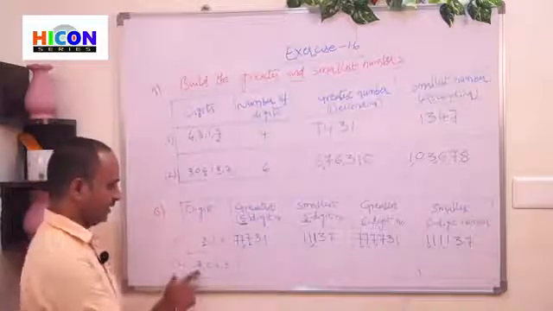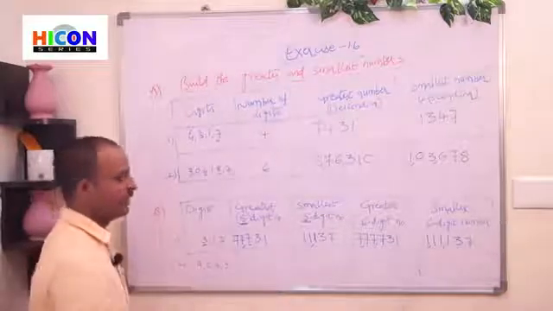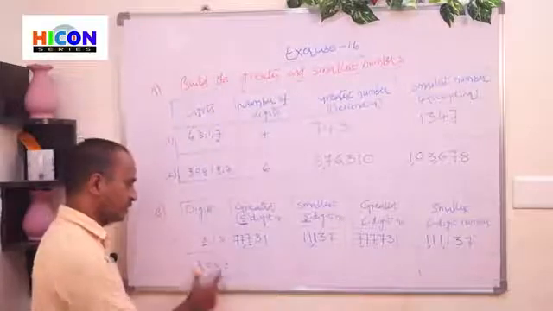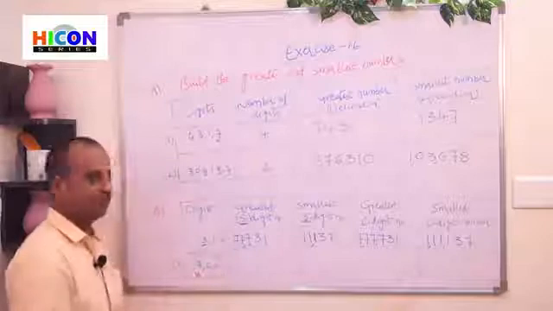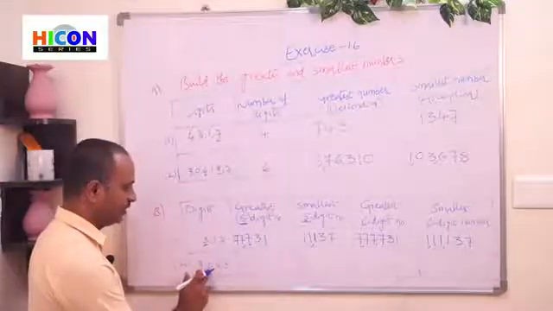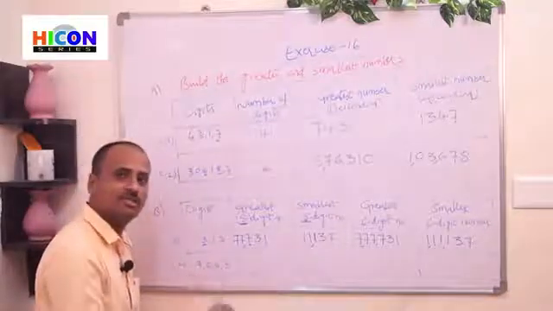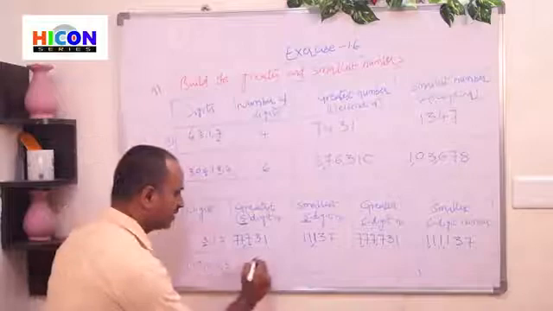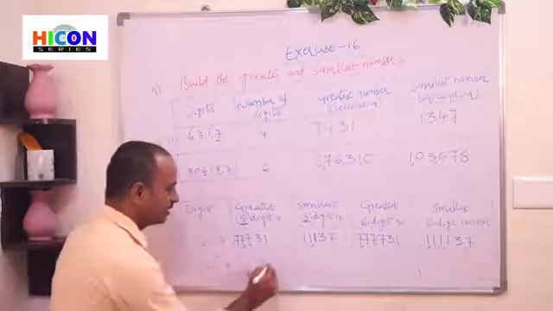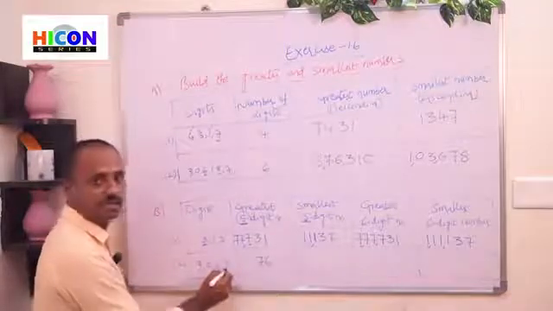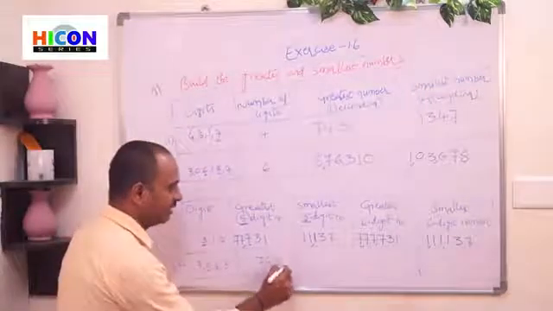The given digits are 7, 0, 6 and 3. There are 4 digits. Now we have to form the greatest 5-digit number. So first write the greatest number with the given digits. Arrange these digits in descending order. Descending order means greatest to smallest. Which one is the greatest? 7 is the greatest. After 7, which one is greatest? 6 is the greatest. So write 6 after 7. After 6, which one is greatest? 3 is the greatest. So there is 0 remaining. So write the remaining digit in the last.